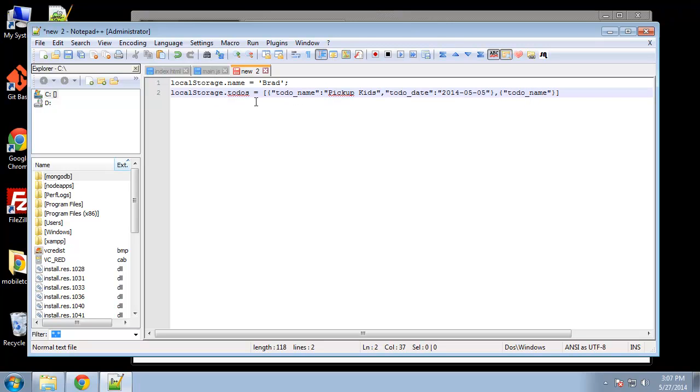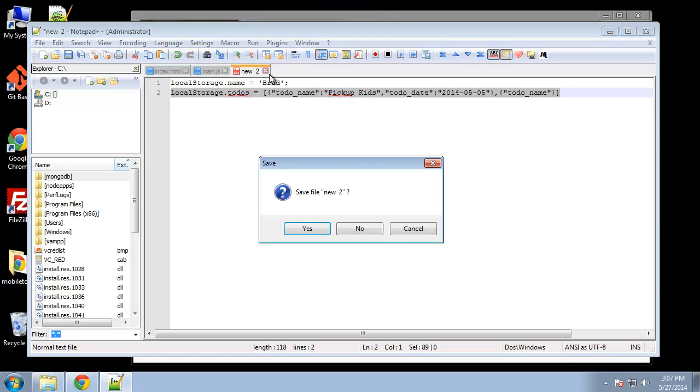The reason for this is basically so we can iterate through them and print them out on the home page, so we can do different things with them. So I just wanted to show you the kind of format we'll be using. As for